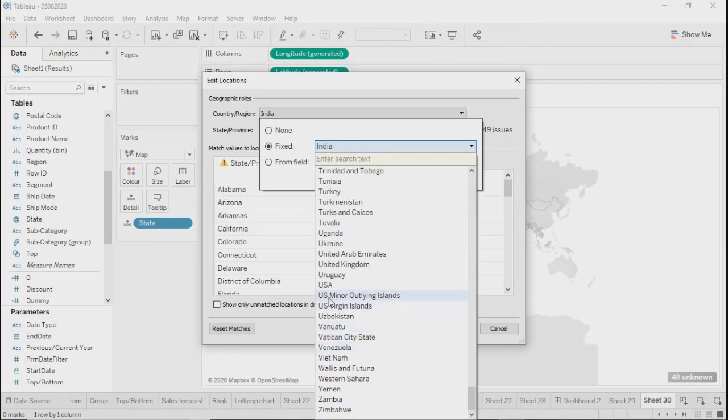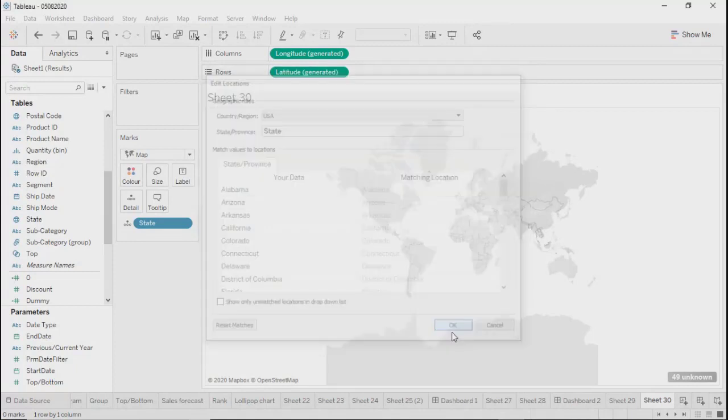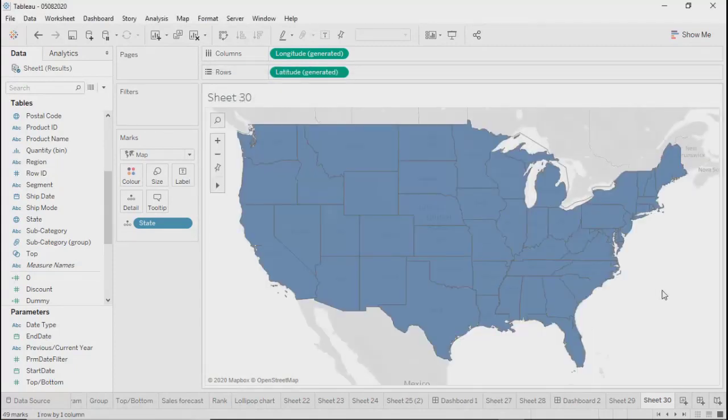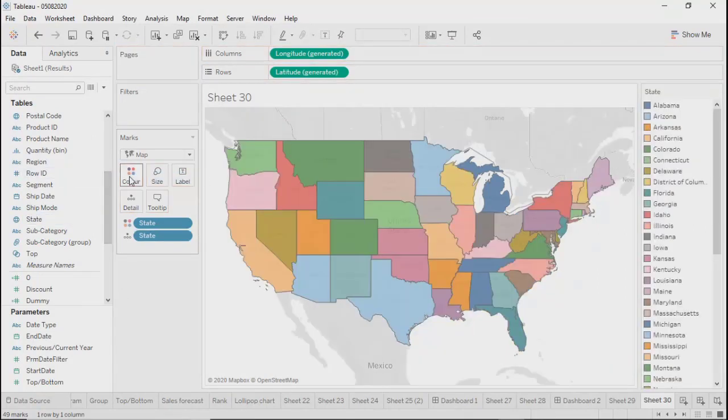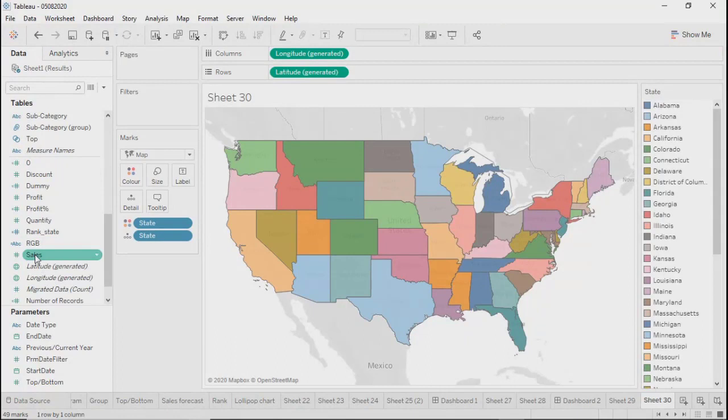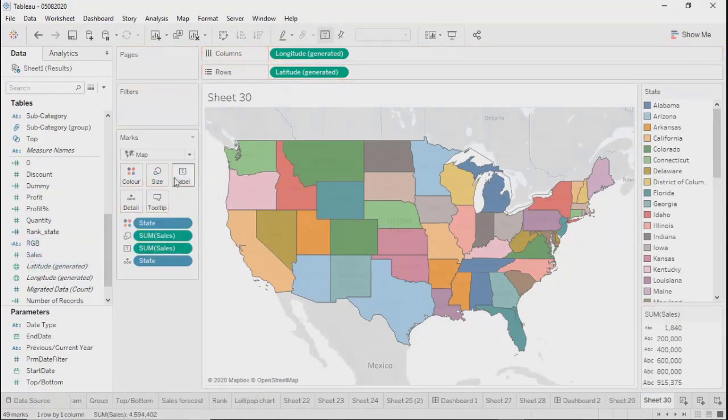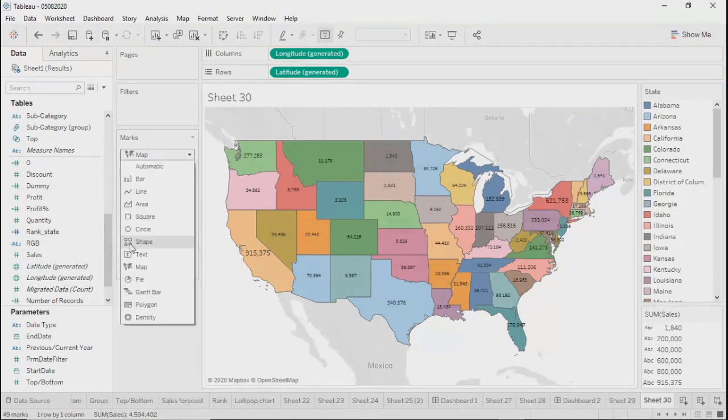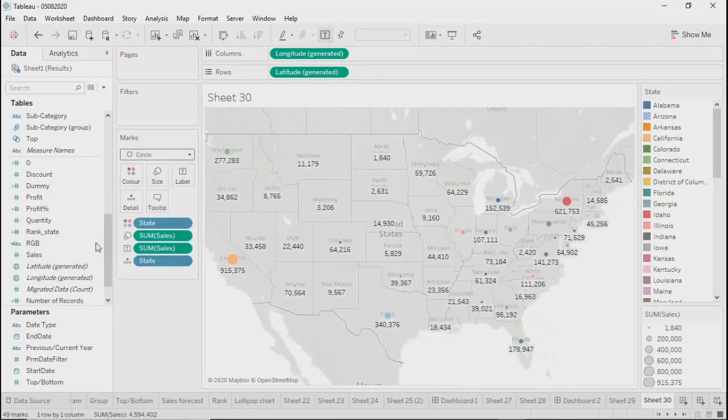And then you will get that map. Fine. Now we'll go ahead and put State on color. You can do it like this. Maybe take the profit. So sales onto the size and sales on label, or maybe you can take the circles over here and then take the further size.